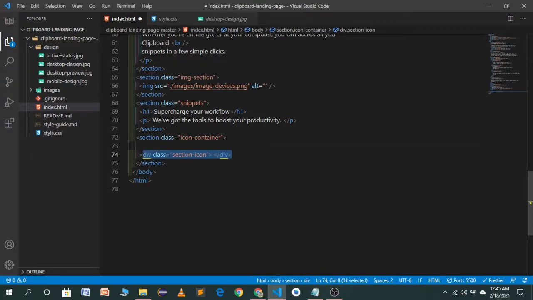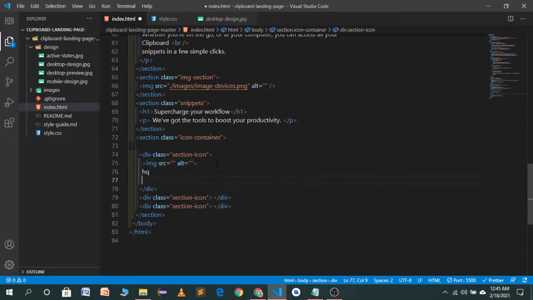Copy this one and paste it two times more, and in these three sections we will have image, heading, not HQ, heading, and a paragraph. So copy this and paste it here.